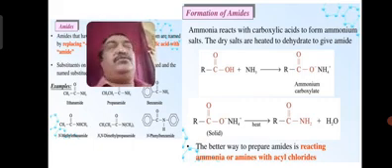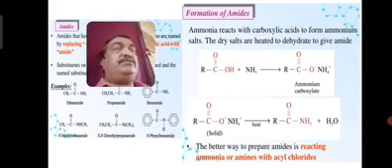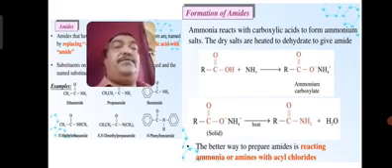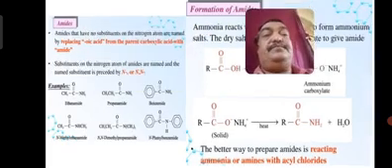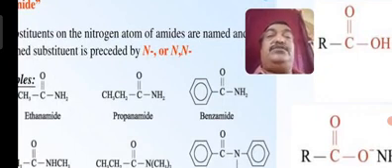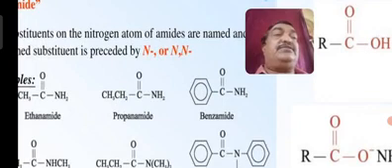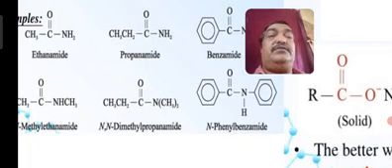If you put R equal to CH3, C2H5, or a benzene ring, different aliphatic or aromatic amides will form. You can see CH3CONH2 is acetamide or ethanamide, then C2H5CONH2 is propanamide, and C6H5CONH2 is benzamide. We can have other examples where, instead of NH2, N is NHCH3, or N(CH3) twice,